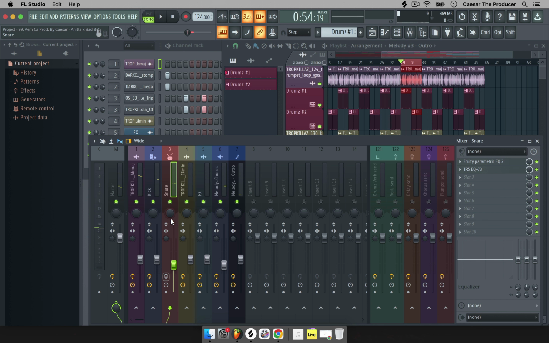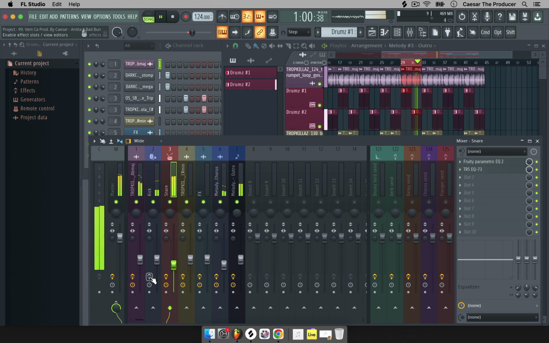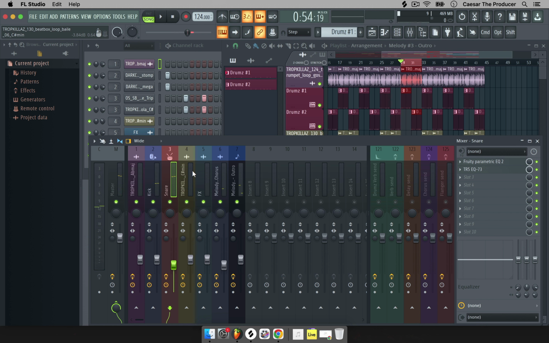I'm going to bring the snare up. So you can see really quickly that